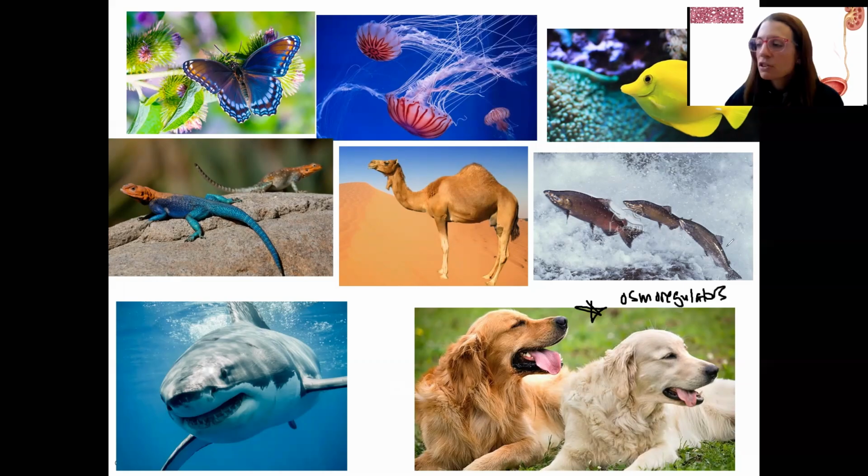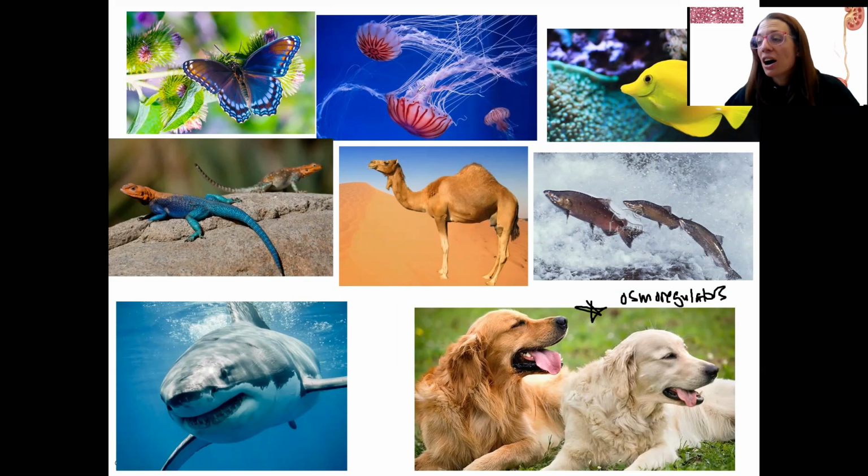Osmoregulators. Different species have different ways of dealing with this problem of dealing with fluid and electrolyte balance. All organisms that osmoregulate have some way of transporting stuff across the cells. So osmoregulation is the ability to maintain homeostasis with respect to water and electrolyte balance. There are other species, so